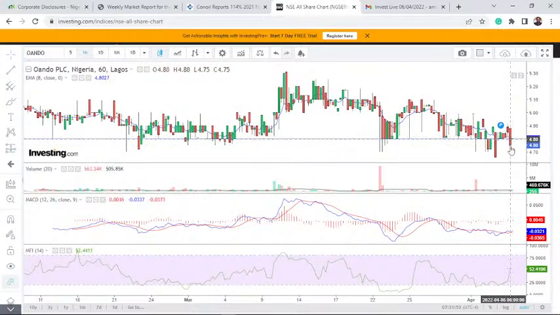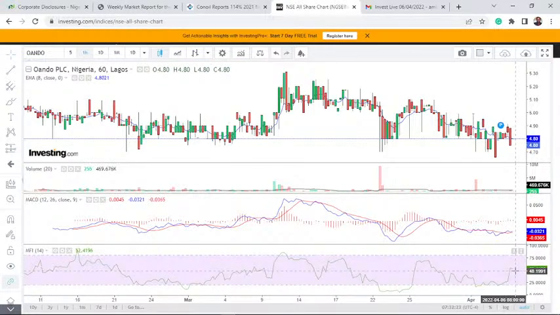I can see that this is where it is. It came all the way down here. You can see that the price is now below the T line. For me, we are seeing mixed technicals here, but you need to watch one carefully. If you want to invest in one, watch your investment objective, your time frame, the stop loss, and every other thing that you need to know. The support level, but you can also see good signs more. You can see that money flow is trying to look down, but still not giving us a clear direction until we see what happens in the stock tomorrow for one.